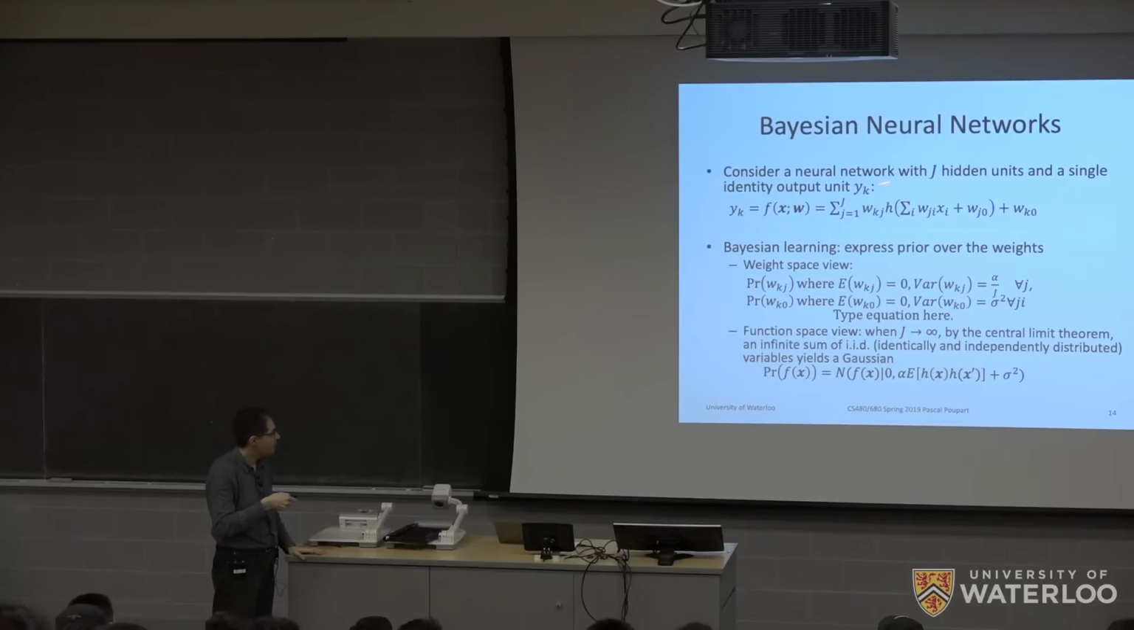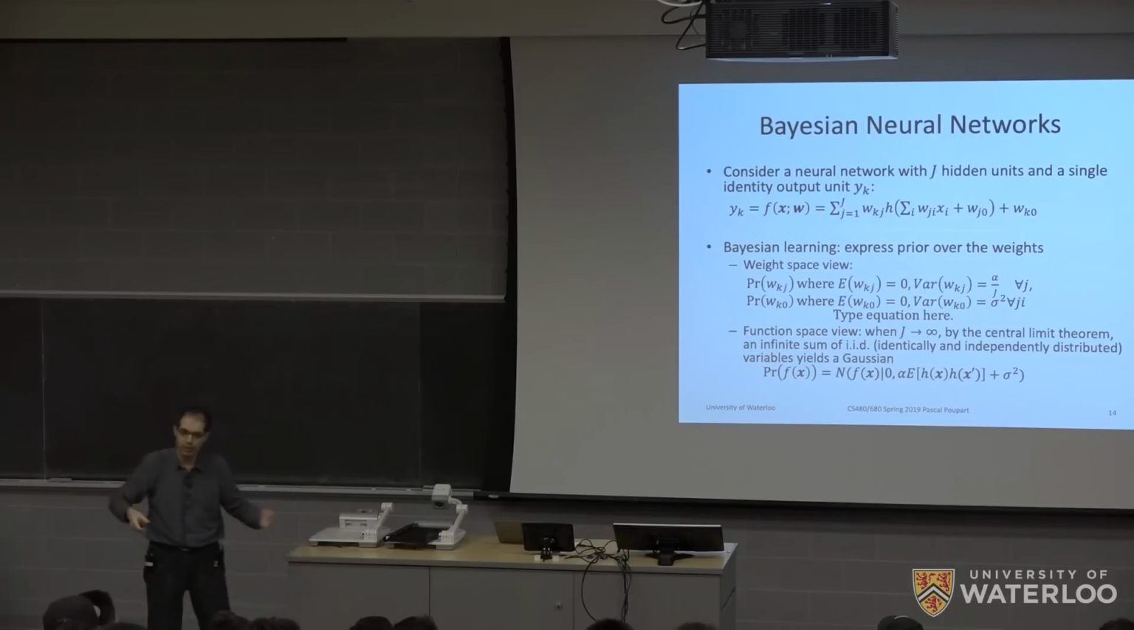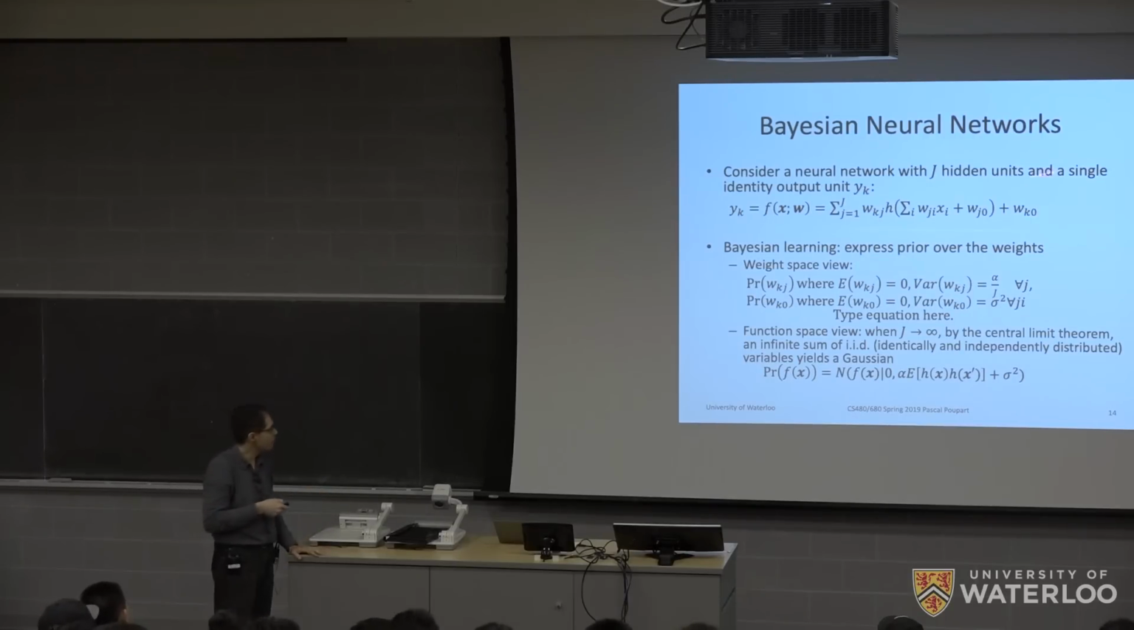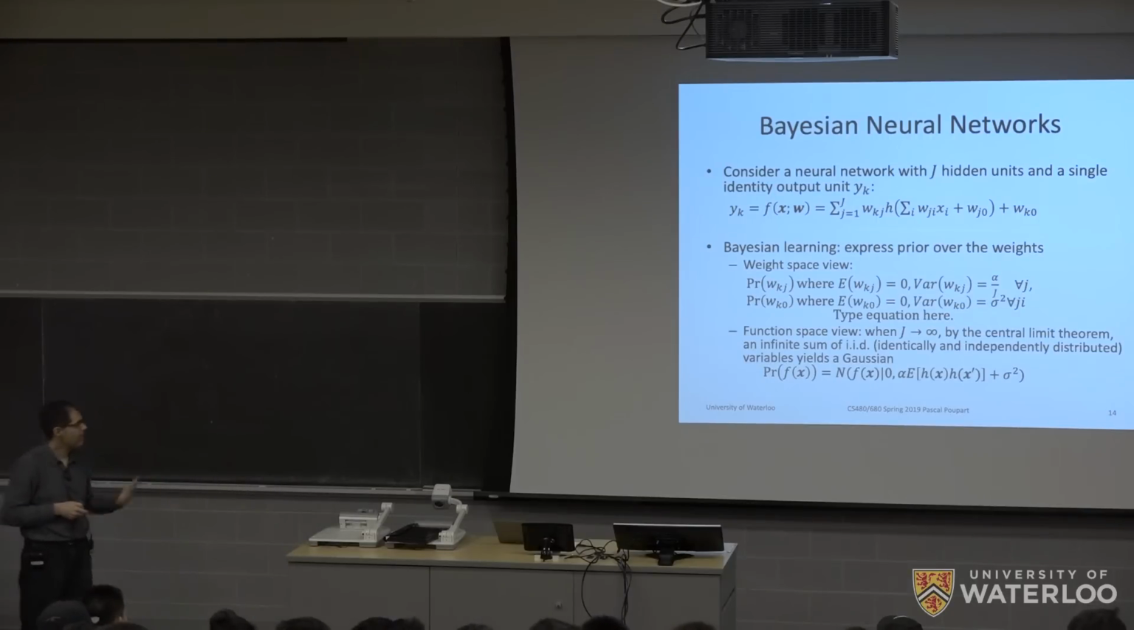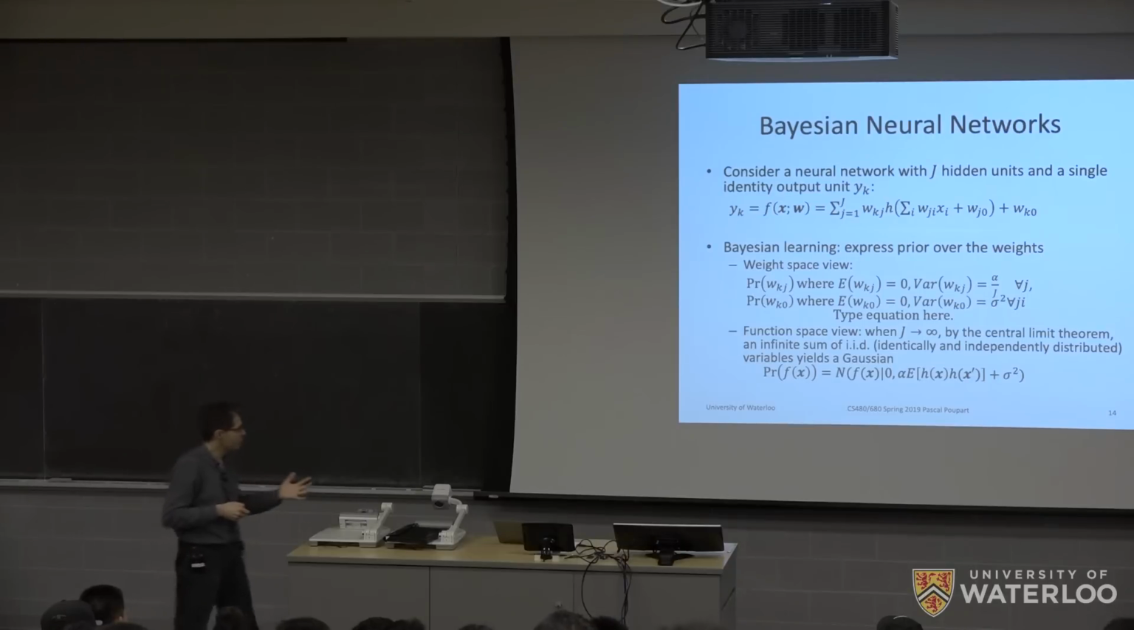So if we want to make sure that we can fit any function arbitrarily closely, then we need to make sure that we are considering an infinite number of hidden neurons. That means here that the sum with respect to j is going to be infinite. Okay? All right, so with this in mind, if we now do Bayesian learning and we consider the weight space